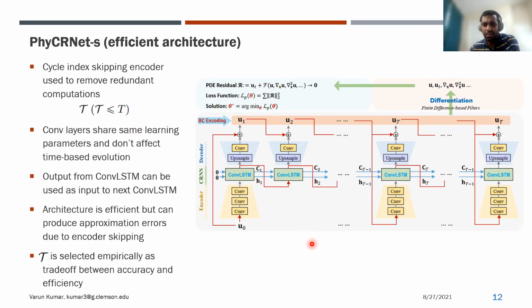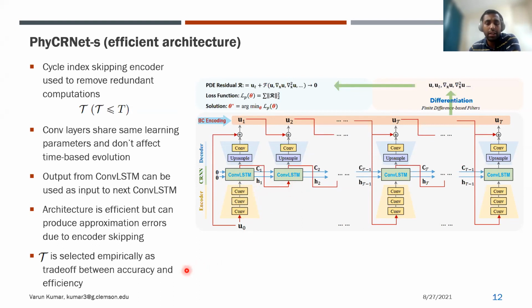And the reason they can do this is because the weights are the same, and it seems like the convolution layer that they have to convert input and feed into the LSTM probably does not have an impact on the time-based evolution of the solution. It's only the LSTM that is actually handling the time-based evolution. And so the reason they have given is that even if you feed the next LSTM using the output from the first LSTM, it's still accurate and still going to be